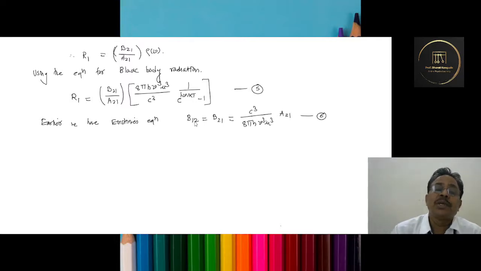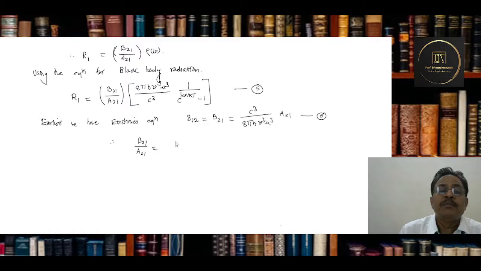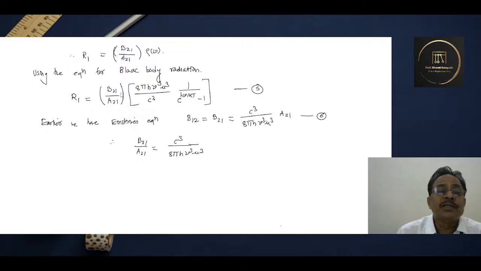And this is what this particular relation helps us in getting, this B21 upon A21. So if I go for this calculation, if this B21 upon A21 is obtained, I'll get this. From this equation, I'll get B21 upon A21 is simply c cube upon this right hand side, which will be as it is 8 pi h nu cube into mu cube only. That remains there, and if I replace it here, this B21 upon A21 will be replaced by this. What I will get is this.